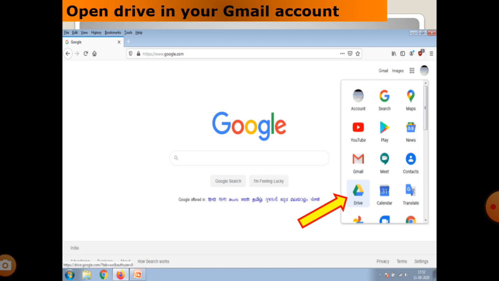First, we want to go to Google Slides, so click the drive. This is your drive. Whatever files are in your Gmail account are all located in the drive.